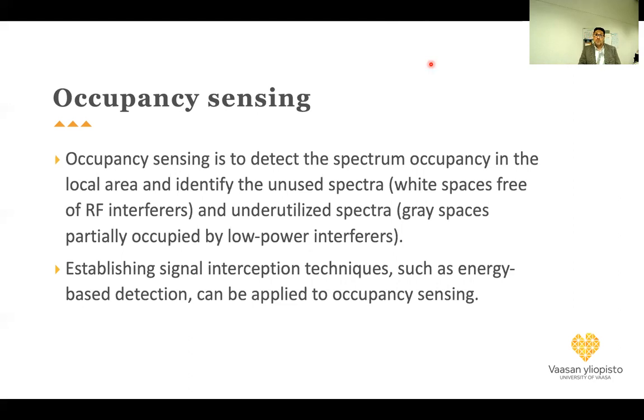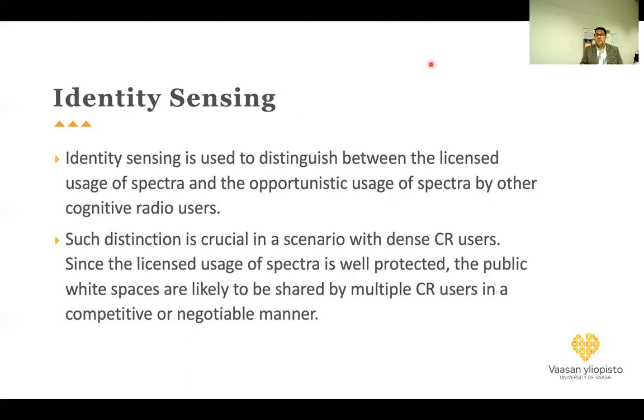And of course, we have a lot of challenges with occupancy sensing as well, because the estimation of the spectrum is one of the complicated things, because of what is known as spectrum leakage and so on. It cannot be very, very accurate. So all the time we might have a probability of false detection. The topic is very interesting and very wide as well. But now let us just touch on this cognitive radio topic.